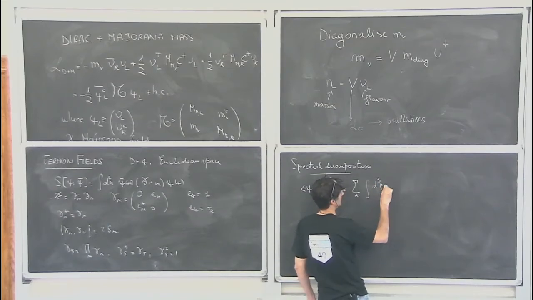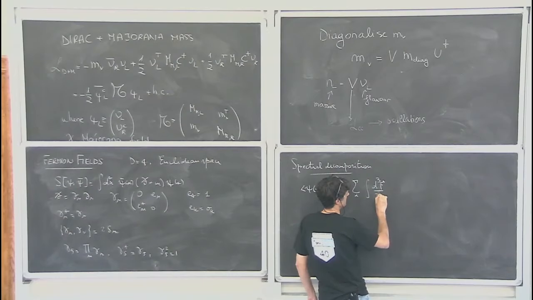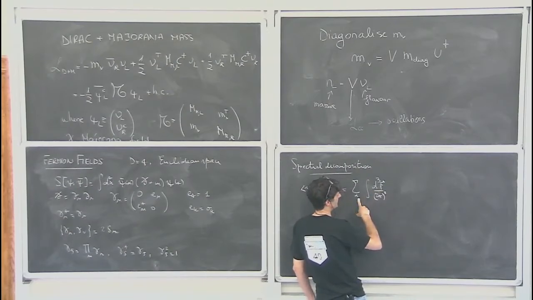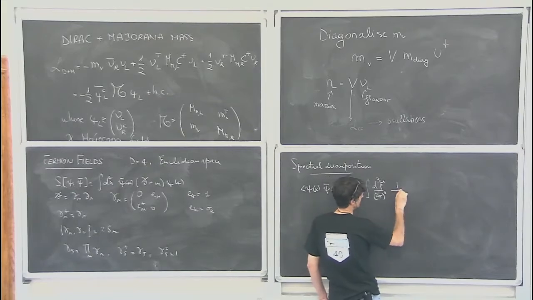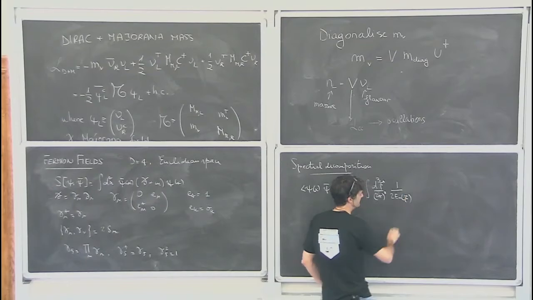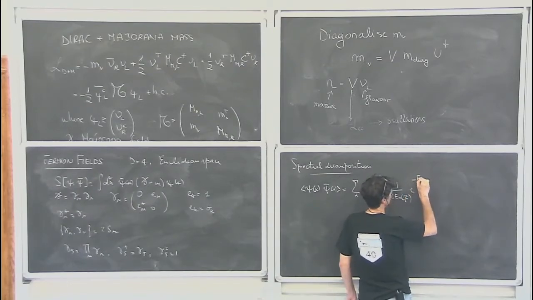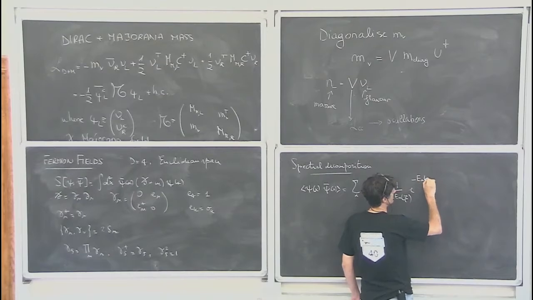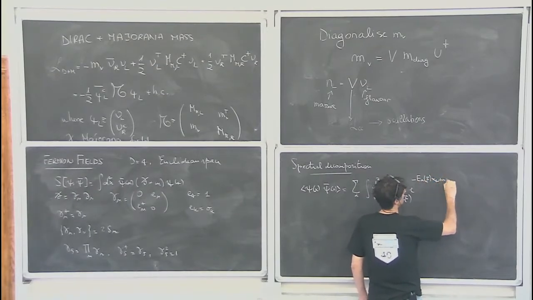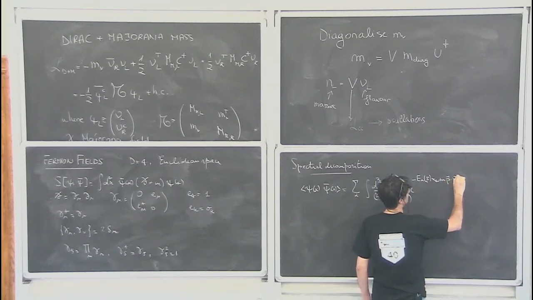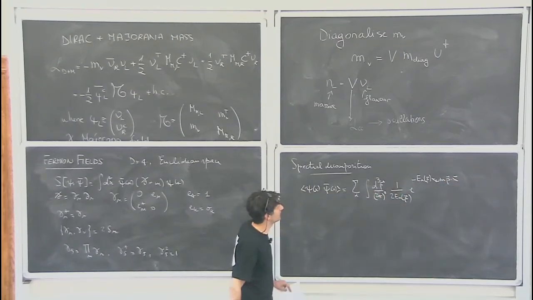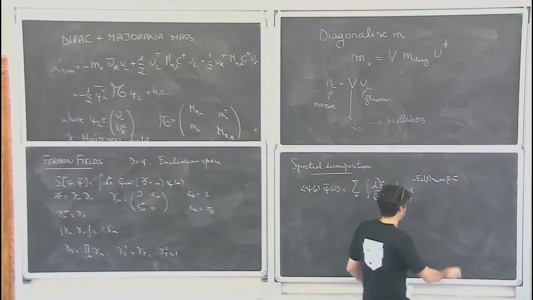So you get the sum over all the states, so all possible momenta, all other quantum numbers. We have a relativistic normalization, and then we get a decaying exponential in Euclidean time. We get the usual oscillating term for the spatial momenta, and then the only difference is that,